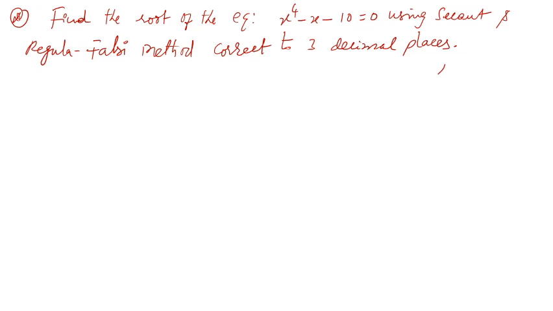Solution. What is our function? Given function is f of x equal to x to the power of 4 minus x minus 10. First we have to locate the interval. For this, let us substitute x equal to 0. It need not be x equal to 0. You can take x equal to minus 1, minus 2, 1 by 2, 1 by 3, anything. Let me start with